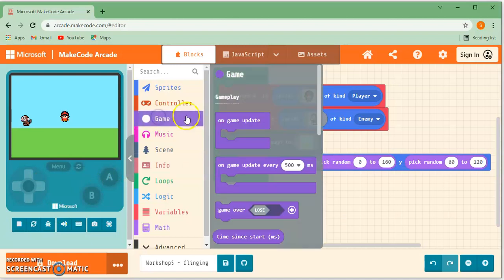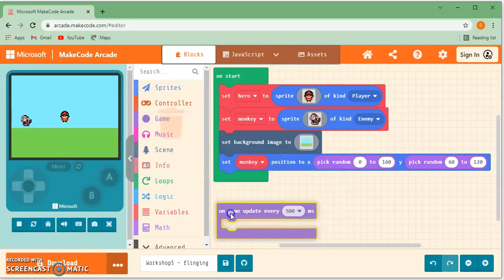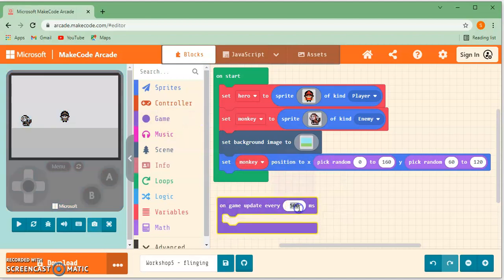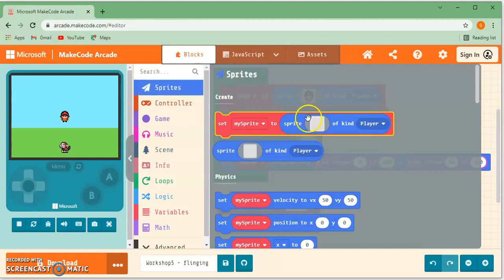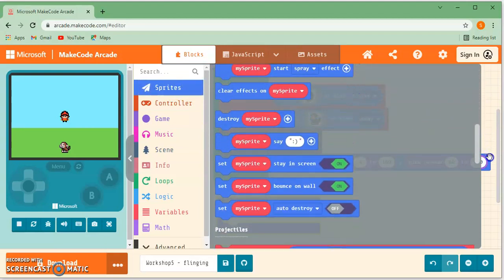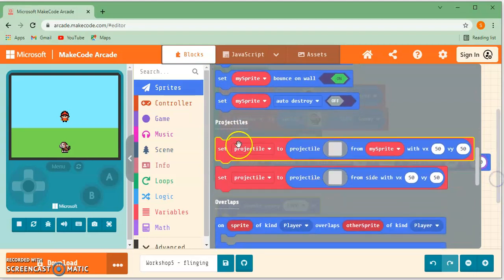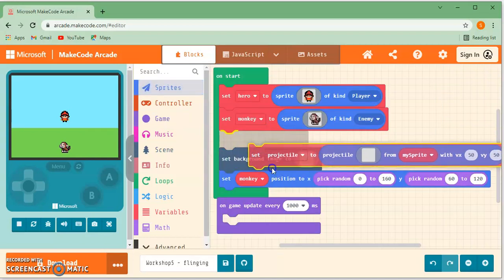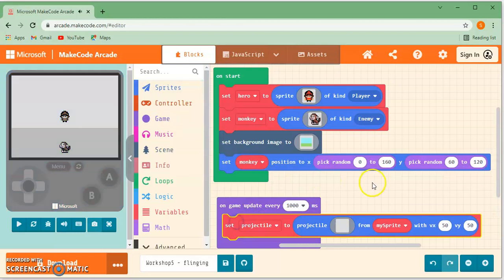So the first thing we're going to do is we're going to go to game and on game update every 500 milliseconds. And we're going to change the 500 to 1 second, which is 1000 milliseconds. That's our first thing. So every second we're going to do something. Go into sprites. And here we're going to keep going down until we get projectiles. And we're setting our projectile to projectile from sprite. So I'm going to take the first one this time, and I'm going to drop it into on game update